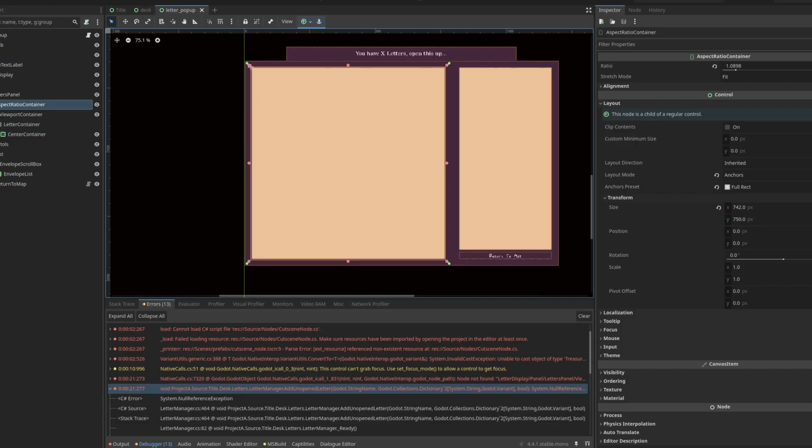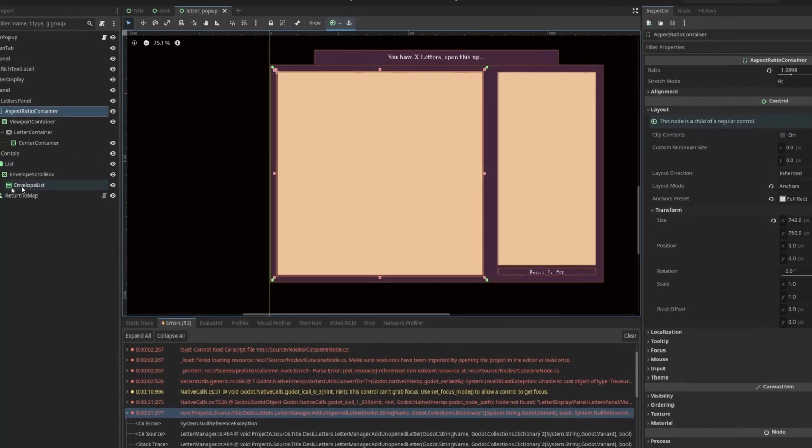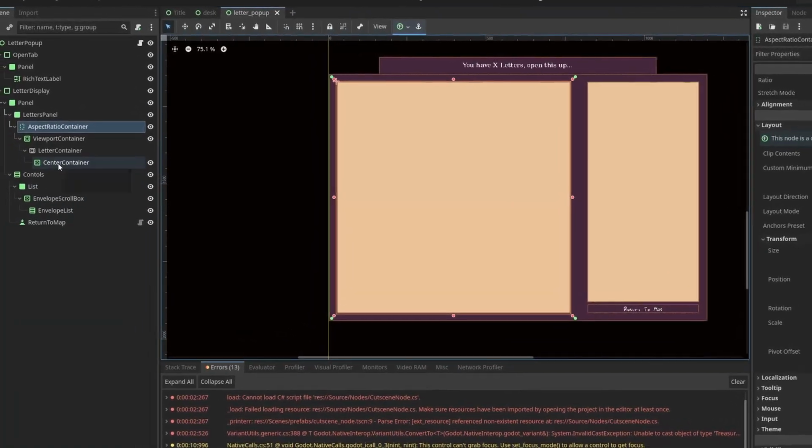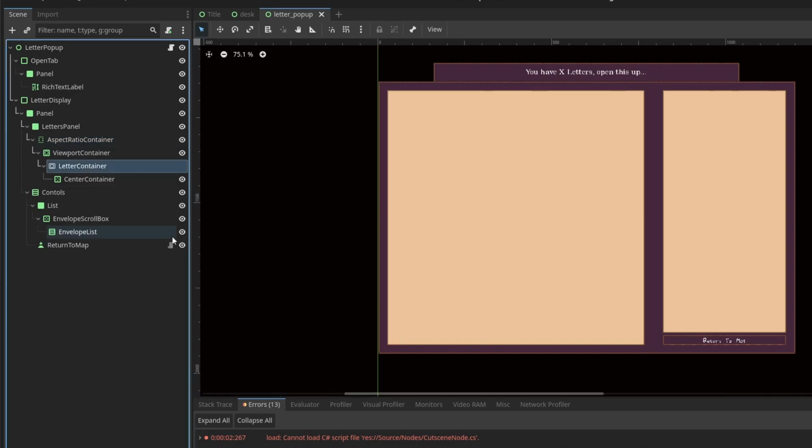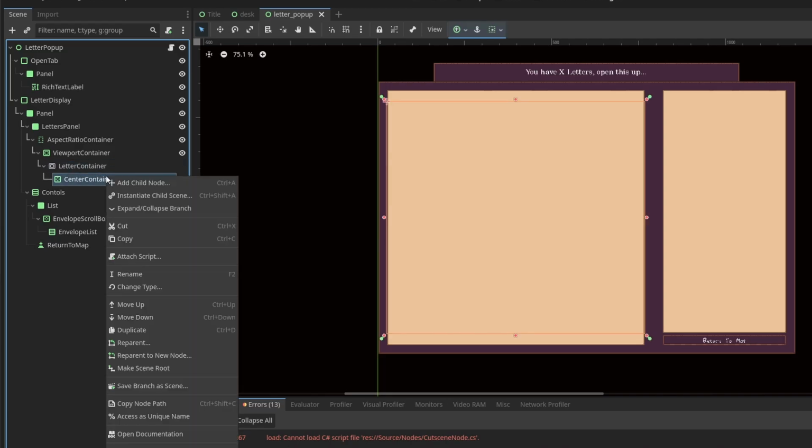So let's just talk actually a bit about how I've done that. And we'll start with the letter stuff, considering I actually had to fix it. This just shows how recent these changes are. But yeah, the main thing to do this was I needed to be able to scale something. So if I